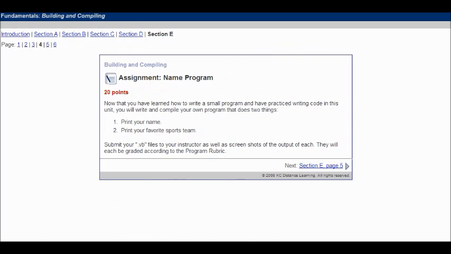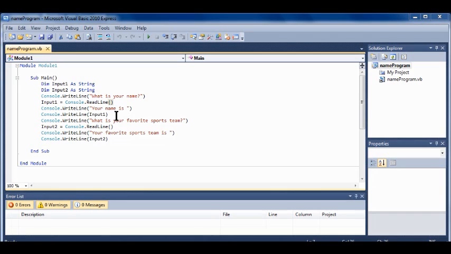Well, first we're going to handle the assignment name program: how to print your name and print your favorite sports team. This is fairly simple. So what did I do in this program? Basically, I opened up Visual Basic 2010 Express. This is what you're supposed to do your coding in, okay? It already gave me module, end module, sub main, and end sub. So in between there, I just